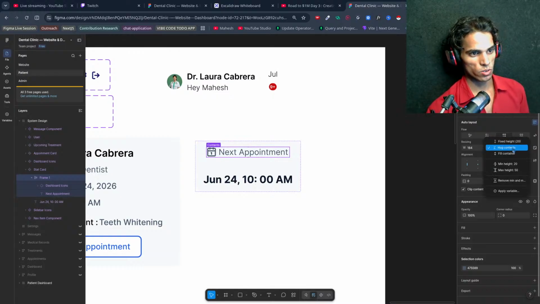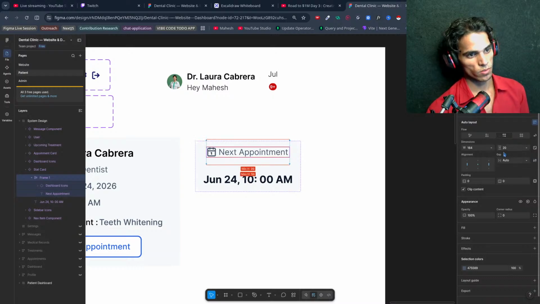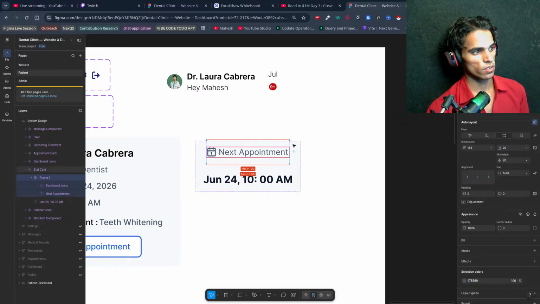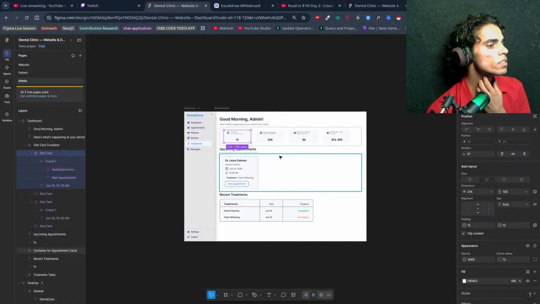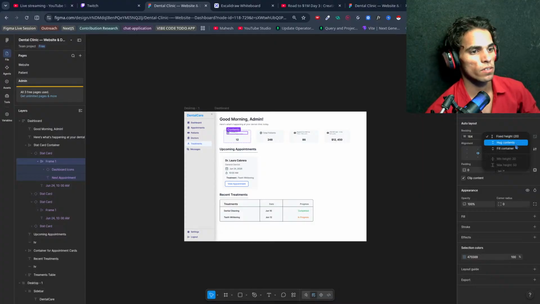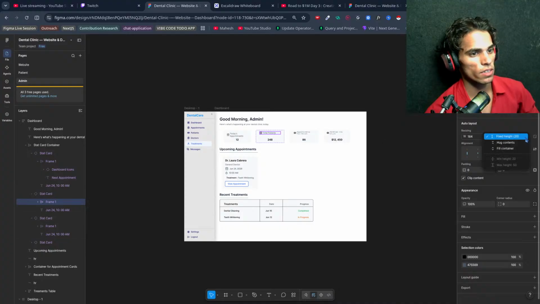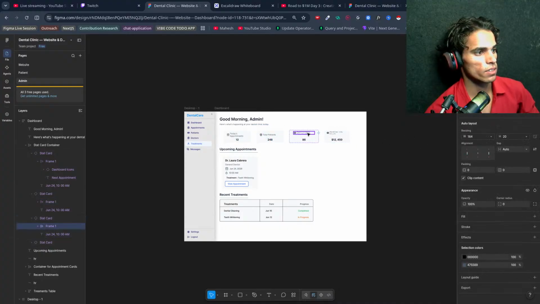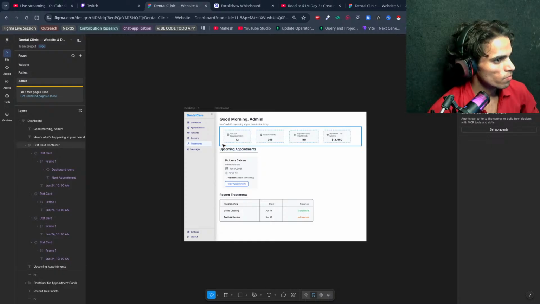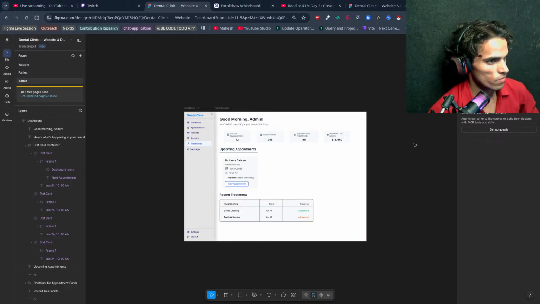Why can't I change this to auto? Fixed height, I will give this min height. Okay, fill container, and fill container. Yeah, this is great for now.